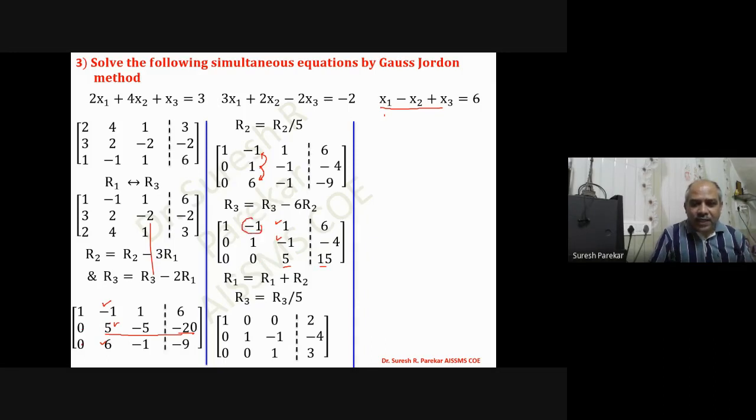How will I make this as 0? So I will add it in this way. So we will get this will be R1 plus R2. So this becomes 1 minus 1, 0. And this goes to minus 1 plus 1. And then we are going to get this value, that is 0. So I have this also 0 and this also 0 just by adding R2 in R1.